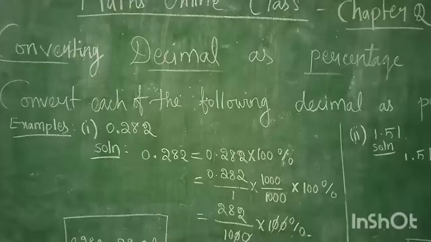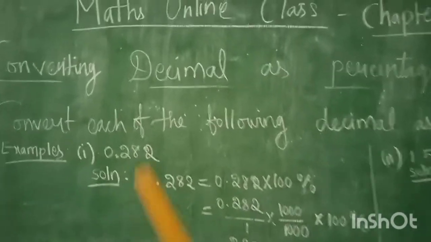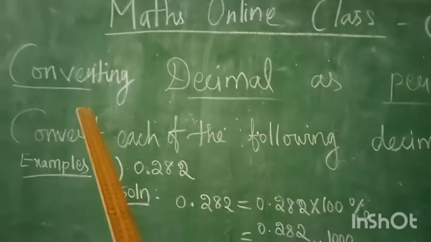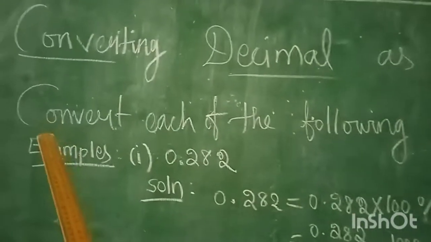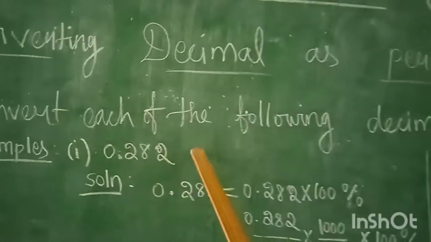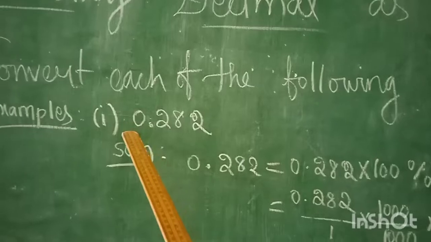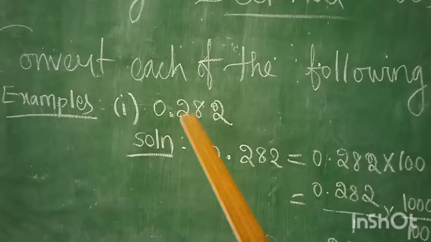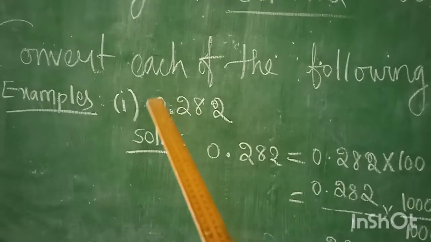Okay. Next we are going to learn how to convert decimals to percentages. We'll see the examples. Convert each of the following decimals to percentages. In the first sum, they have given the decimal number. You have to change the decimal number into a fraction. Okay, we'll see. First sum